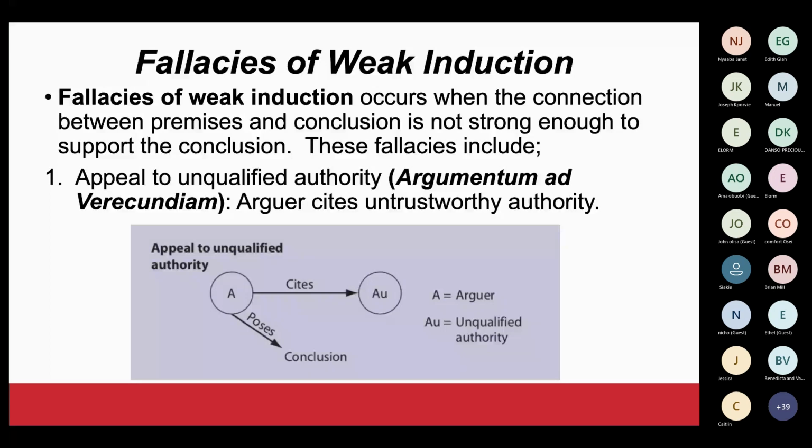So you can pronounce it on the side. Don't unmute yourself. Just say it in your room. Say it to yourself, and then see whether you pronounce it closely to what I have said. You don't need to get it perfect the first time. You keep pronouncing it, you get it. So it is argumentum ad verecundiam. Argumentum ad verecundiam. So in English, it refers to appeal to unqualified authority.